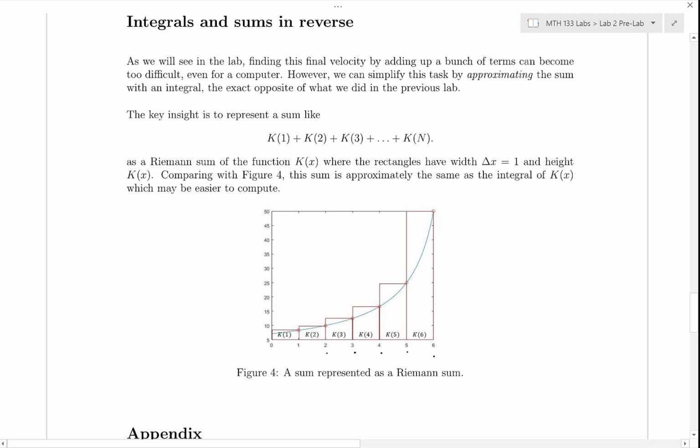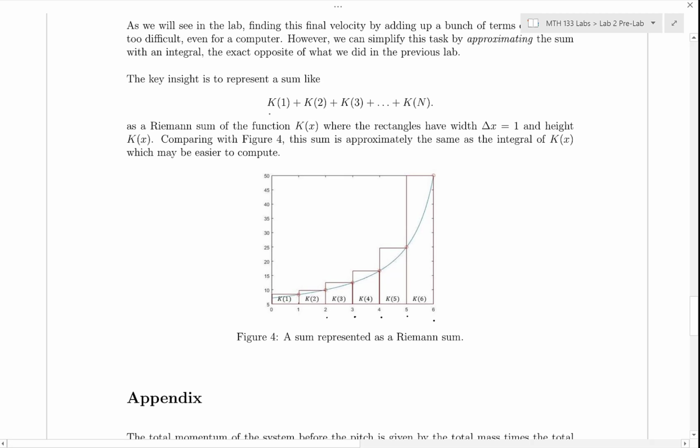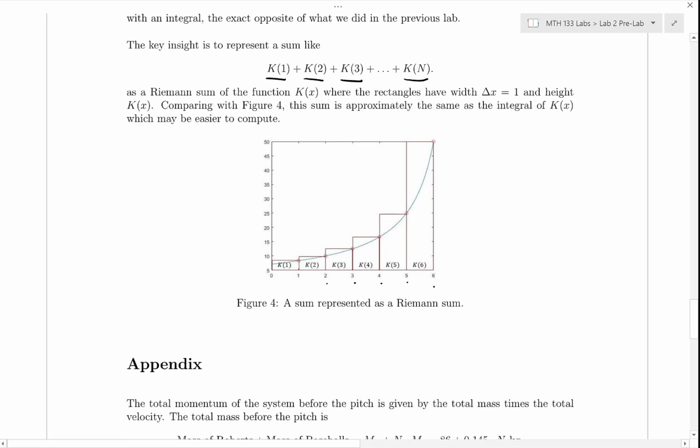And just like in the last lab, we're going to link together sums and integrals. So if we have a sum where each term is represented as a function evaluated at certain points, maybe the first pitch, the second pitch, the third pitch. Those are all of our delta V's. We want to add them all together. We can think of this like a Riemann sum, where the width is just 1 always, and the height is the value of each function. Then this Riemann sum looks like the Riemann sum for the integral of the function k of x. So if we can just take the integral of k of x, this should be a good approximation for the